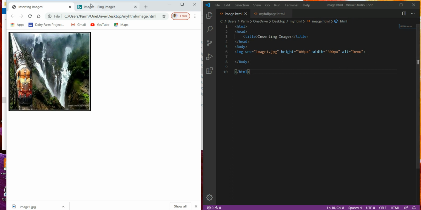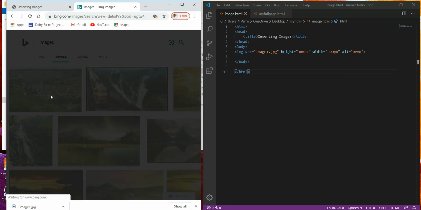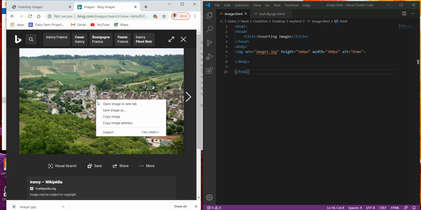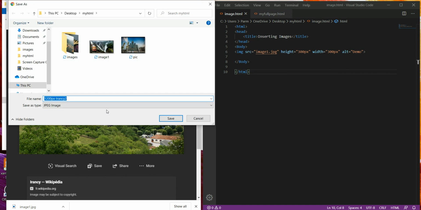Sometimes we have another image. I open this and select the option as same image. In our previous case, the picture file was saved in the same folder where our HTML document is saved.